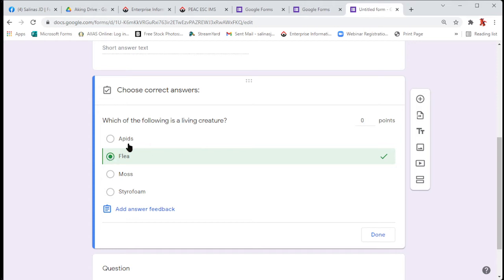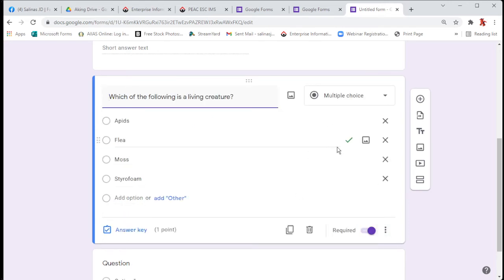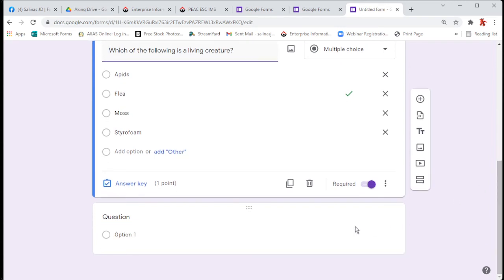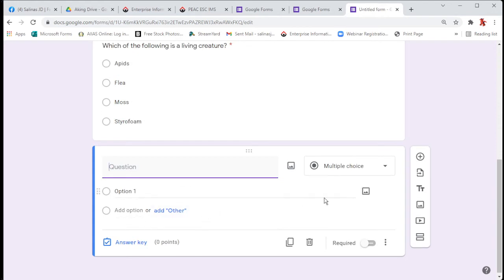Anyway, I'm adding this one, for example, as my question. Simply 1 point lang gusto ko. Okay? And then click done. So, as you can see, nung na-click ko yung done, 1 point is designated for each of them. At yung correct answer nandyan na rin. So, next, add po ulit tayo ng question. We can also add a question which is actually,